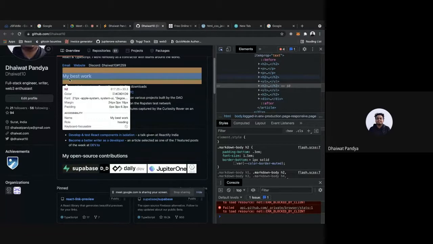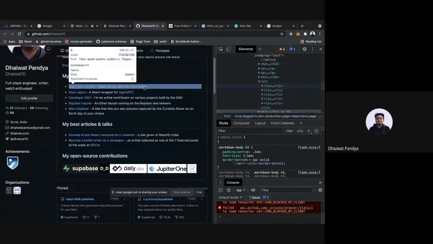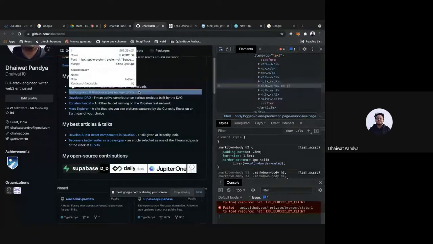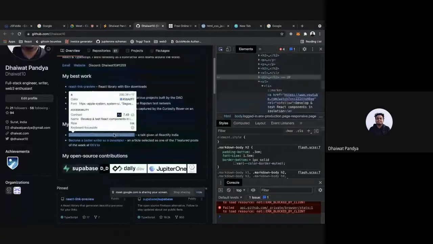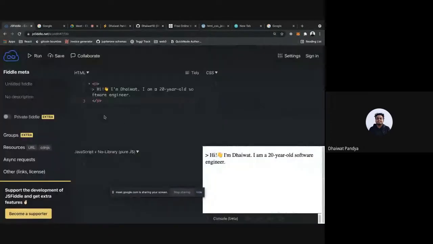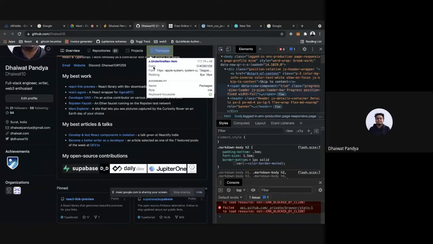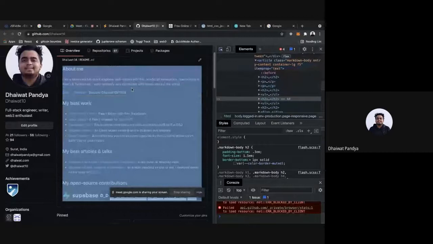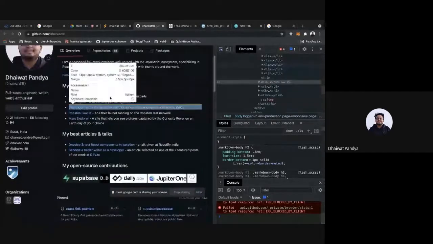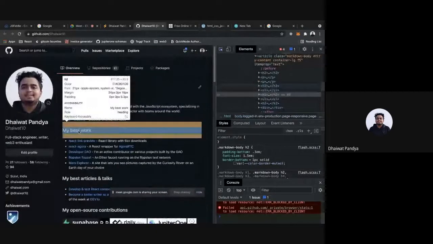It's showing H2. Okay. Now it's showing li, again h2, li, and this is an anchor tag, the one we saw here. So all of these are different HTML tags. Okay. The H2 tag is just another type of heading.